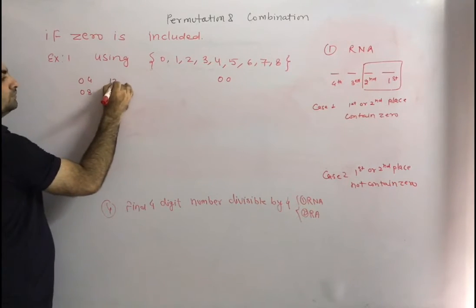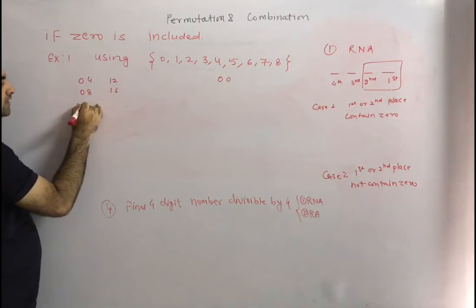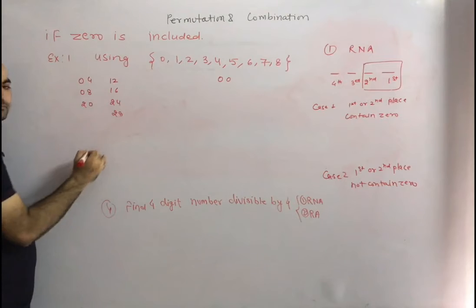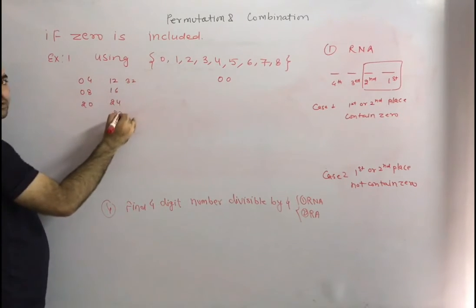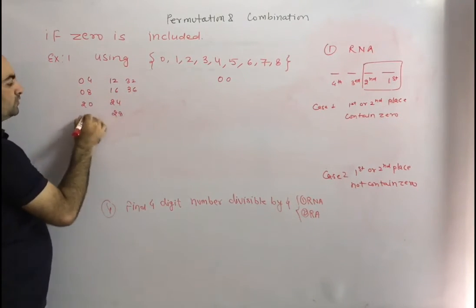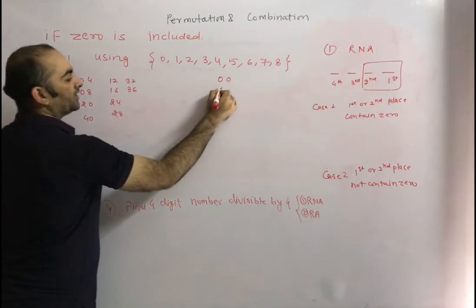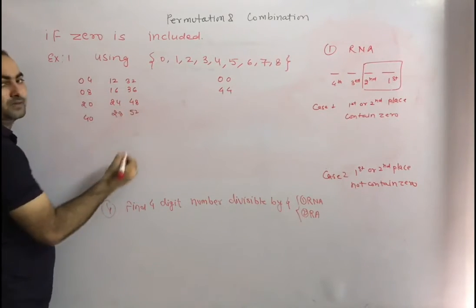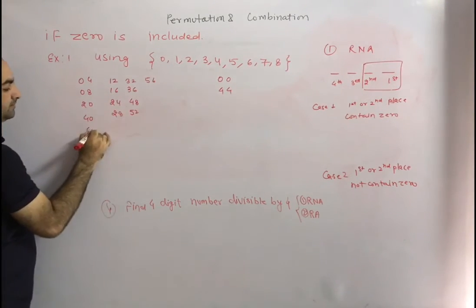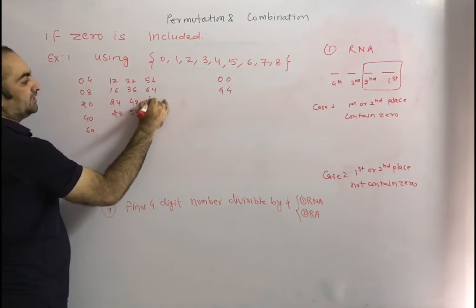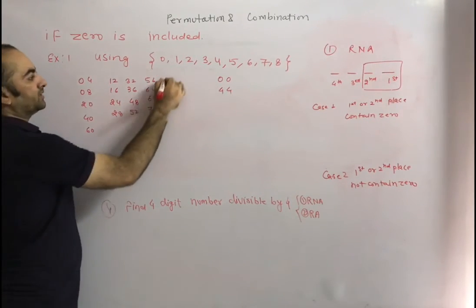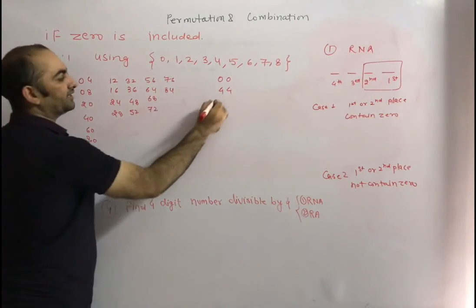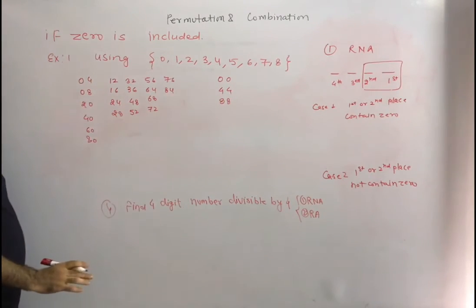Okay, then 12, 16, 20, we are writing with 0 only. 24, 28, then 32, 36, 40, 44, we are writing if repetition is allowed. Okay, then 48, 52, 56, 60, 64, 68, 72, 76, 80, 84, 88, 92, and 96 is not possible because